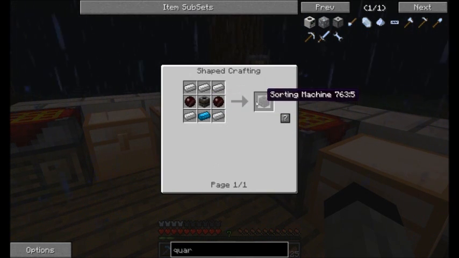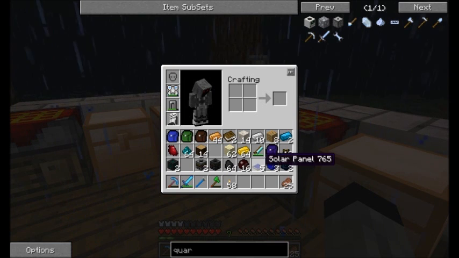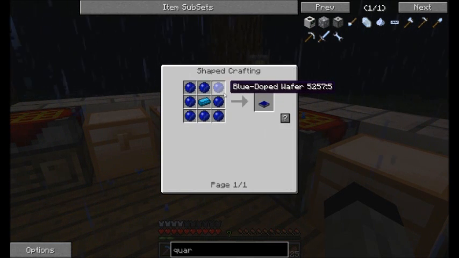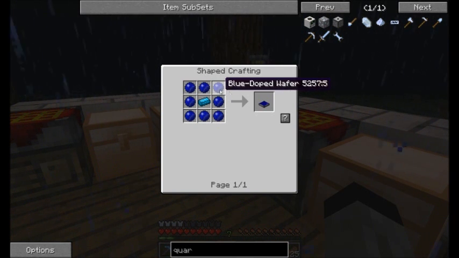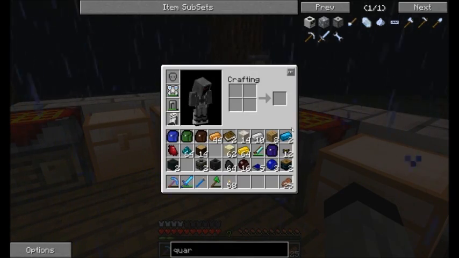And now I crafted a filter with cobblestone, gold, piston, and red doped wafer, so that I could craft the sorting machine. Now we need to power the sorting machine, and the way to power it is of course with solar panels. That's the best way for now. I mean, there is another way to get blue electricity, there are a few ways, but I'm going with this one. So now,